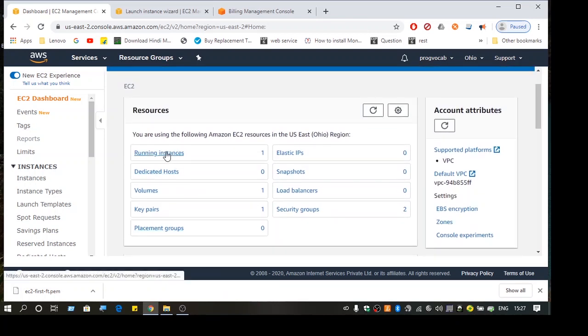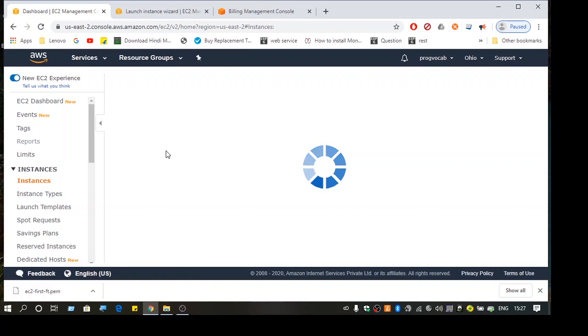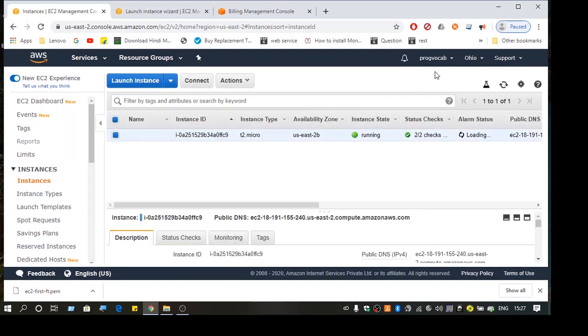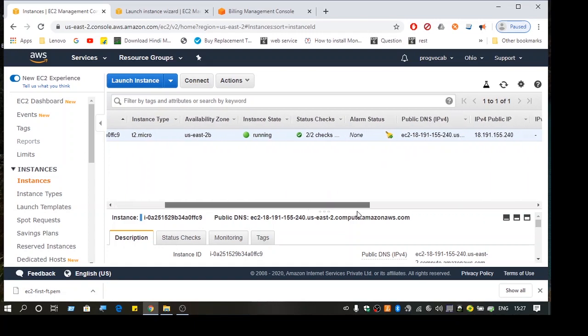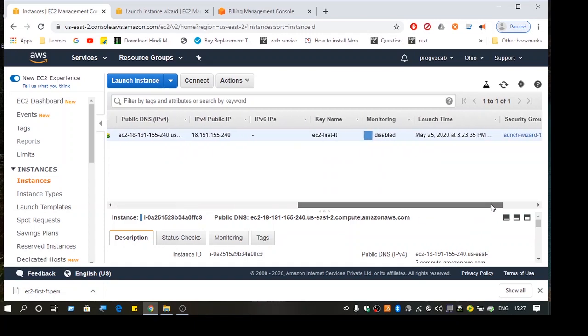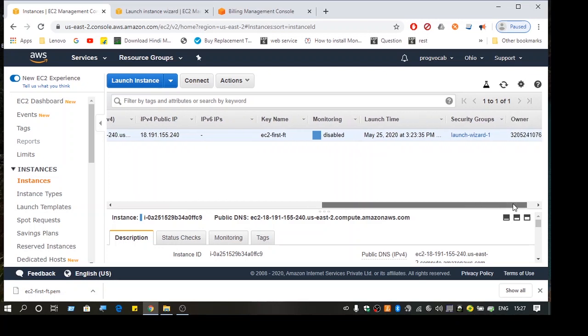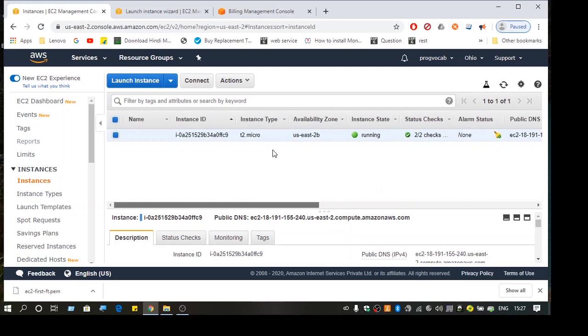So to see more details about the instance, we'll just click a running instance. You can see here the status is green, it's running. We have disabled the monitoring because we don't want to be charged for that. We have a security group here. Okay, so this is running in US East 2B, so that's the availability zone.